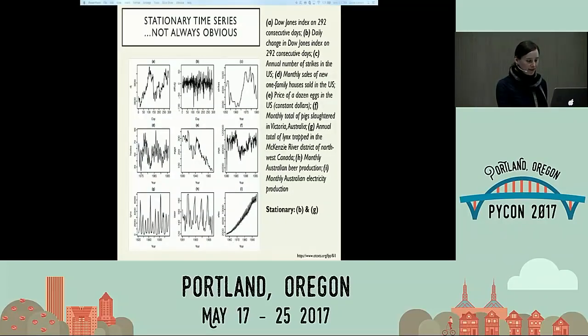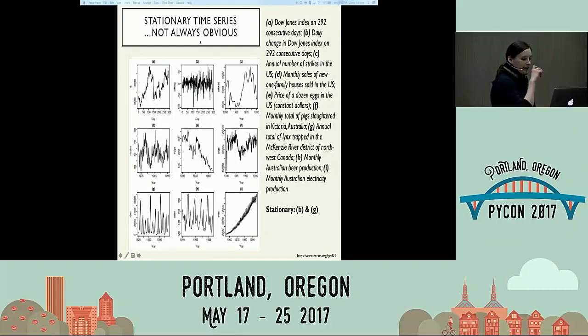A stationary time series has a constant mean, a constant variance, and a constant autocorrelation, right? Which is basically you're saying the value is not drifting over time, the variance, the unpredictability, is not drifting over time, and autocorrelation, the structure, is not changing over time, right? You're saying you have a time series that behaves a certain way, and it's always going to behave that way. Not realistic in the real world, but locally it can be true.